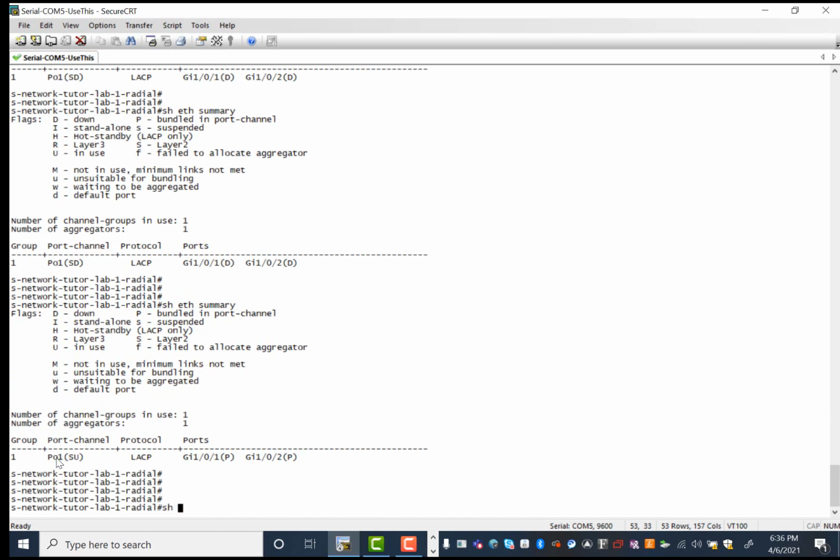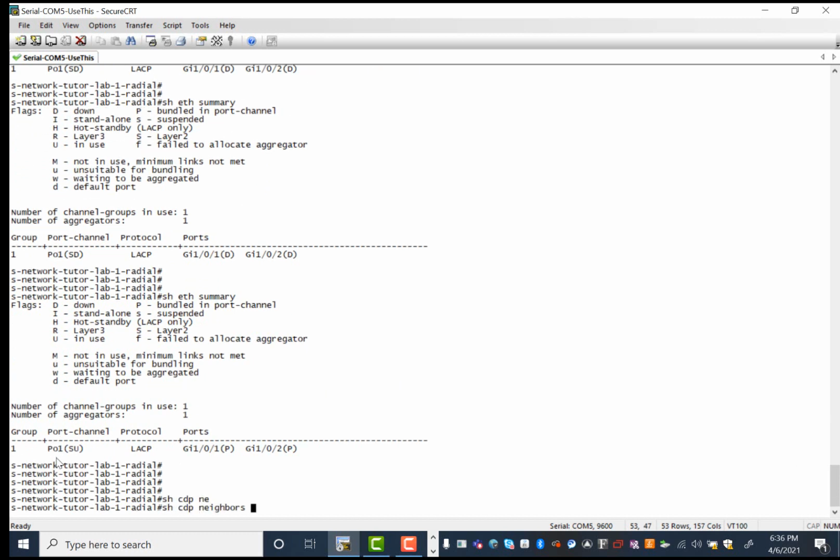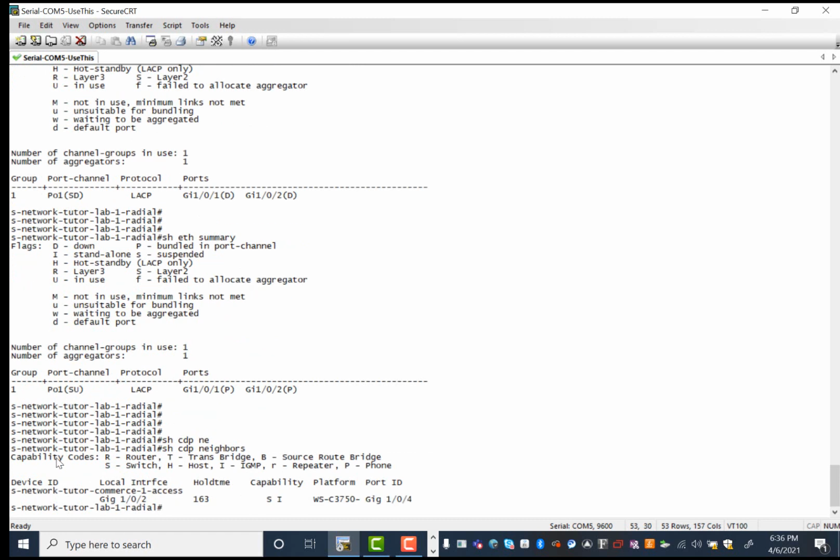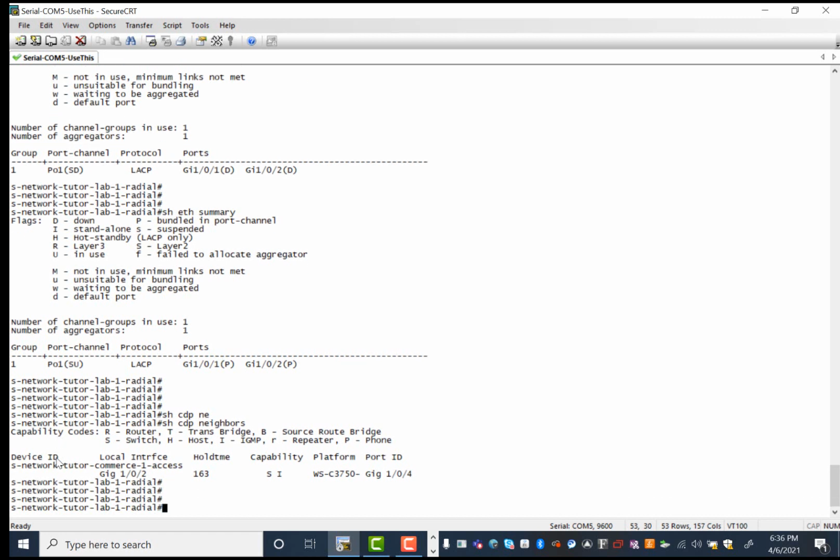So let's do a show cdp neighbor. I said I am using 1 and 2 on the radial, 3 and 4 on the access. So you're supposed to connect 1 to 3. Let's see whether you have